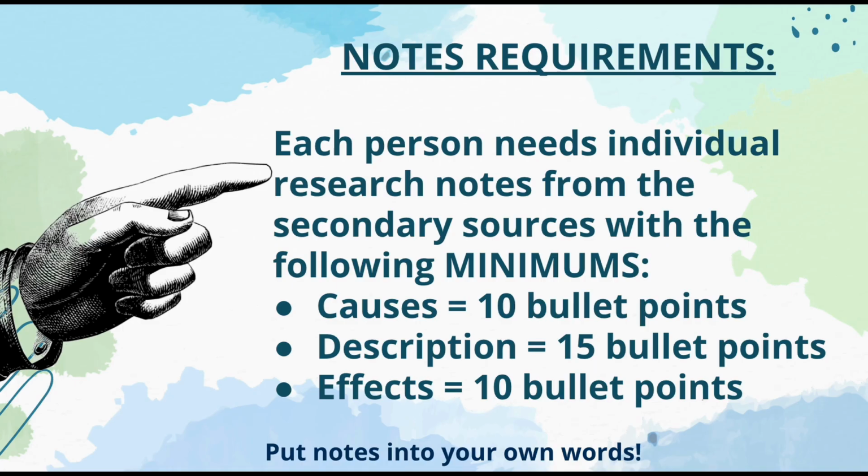So what are the notes requirements? Each person within a group needs individual research notes from secondary sources with the following minimums. You need to have 10 bullet points on causes, 15 bullet points on description, and 10 bullet points on effects. We want these notes to be in your own words and not copied word for word from history.com or Dexter's. Take the time to put it down, and you want them to be detailed enough that they're useful